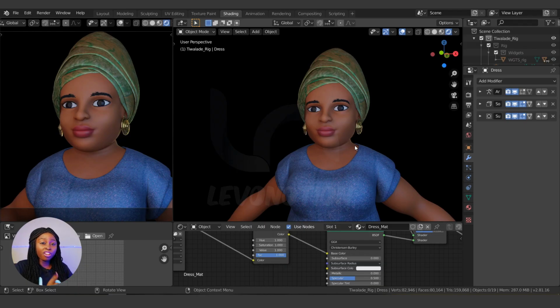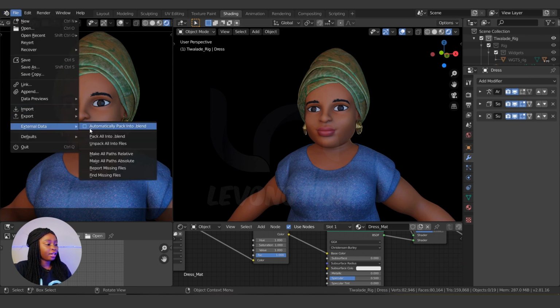Embedding your textures with your FBX files can be quite useful depending on what you want to use it for. And to do that in Blender, the first thing you need to do is embed your files in your Blender file. I mean that you need to pack all your textures in your Blender file. So to do this, I'll go to File, External Data, Pack All into .blend. By doing this, I will be able to pack all the textures in my Blender file.